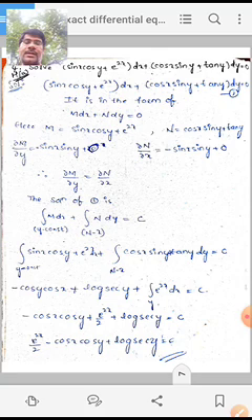That solution is minus cos y cos x plus log of secant y plus integration of e power 2x dx is equal to c. Its final solution is minus cos x cos y plus e power 2x by 2 plus log of secant y is equal to c. That is e power 2x by 2 minus cos x cos y plus log of secant y is equal to c.